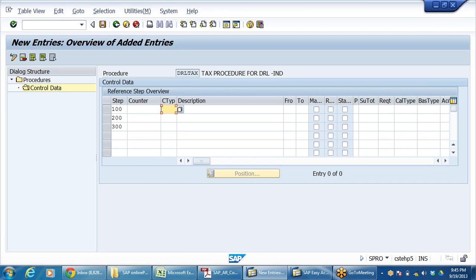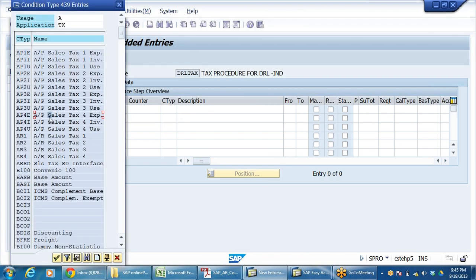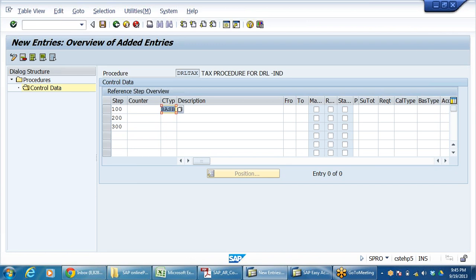Like that I can use. Similarly, even before 100, if I want to add anything, I can take 99, 98, like that. I can define these steps. So that's why it is better to take 100, 200, 300. Condition type. Here, what is condition type? Condition types are standard, defined by the SAP system. There is a condition type called BASB, that is nothing but